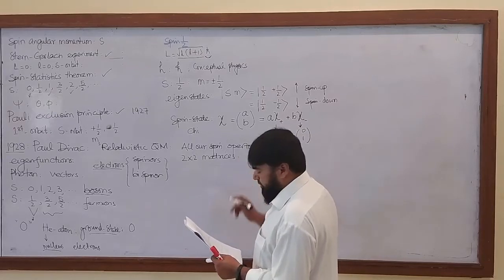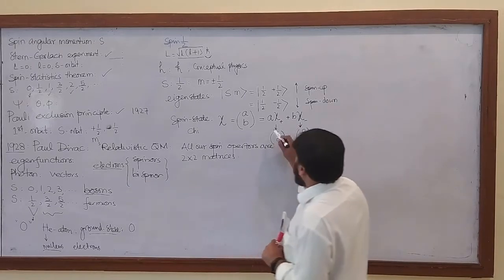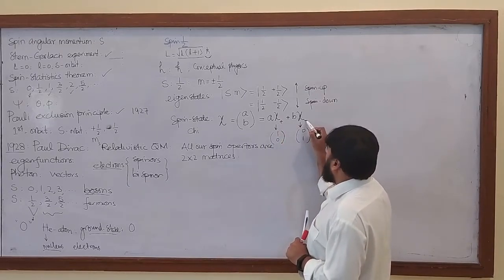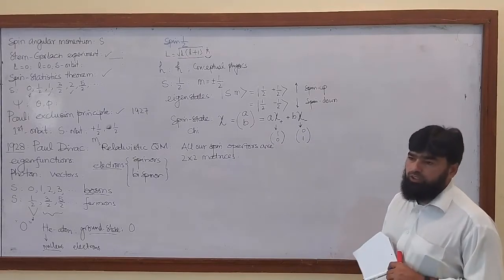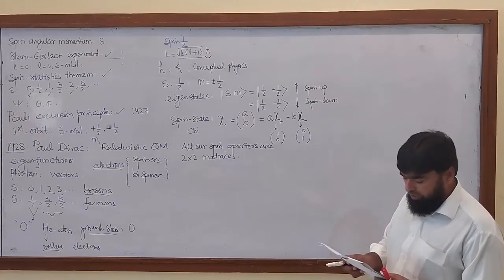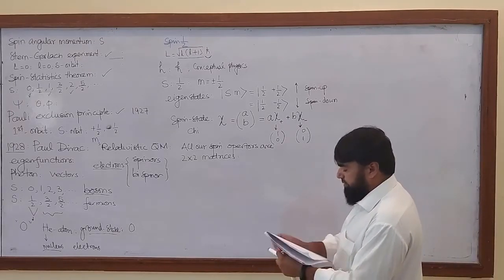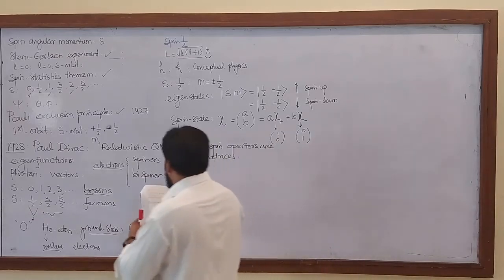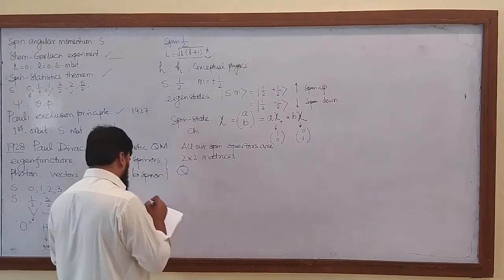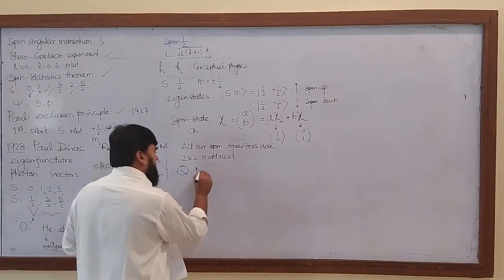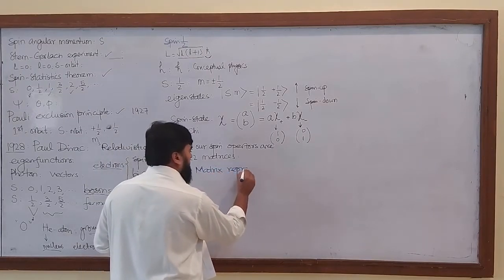Our job is to find out how these chi plus and chi minus are acting as the basis set for these states. So let's start with this one, and let me write, for example, I want to find out the matrix representation